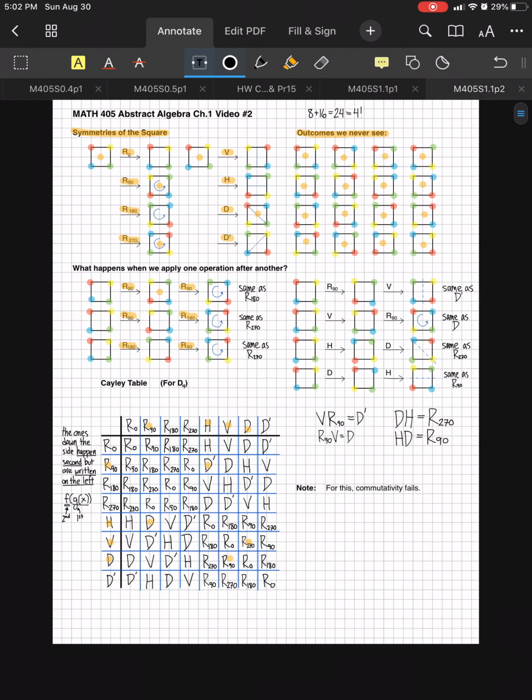And I know it's weird to think about commutativity when you're not doing addition or multiplication, but the main topic of abstract algebra, and we'll see this more in chapter 2, is sort of a generalized idea of what we normally see with addition and multiplication. In other words, taking elements and combining them in a way to get a new element out. And that's what we're going to be looking at for pretty much all of the rest of the course. And this is just a first introduction to it. Anyway,